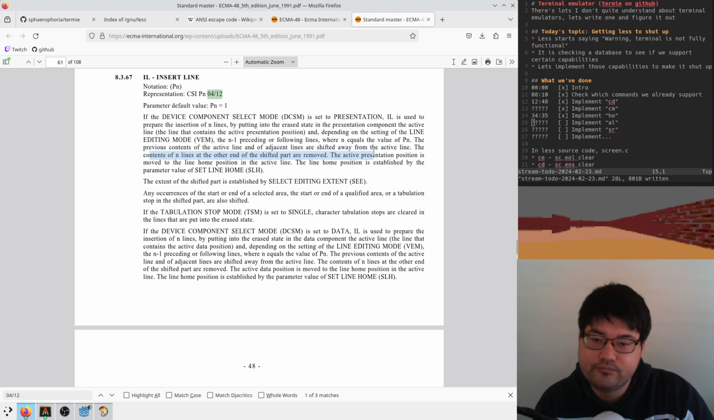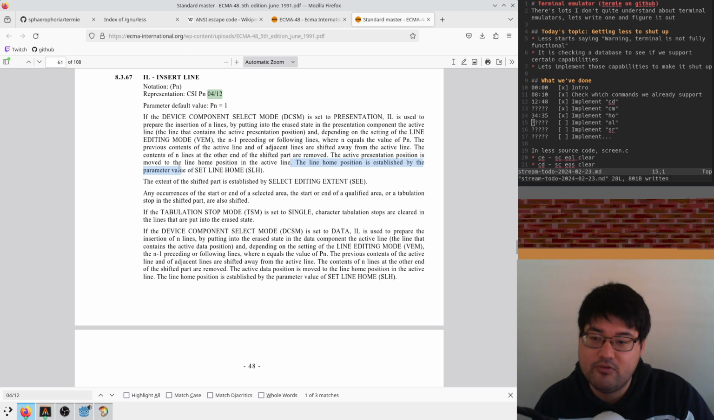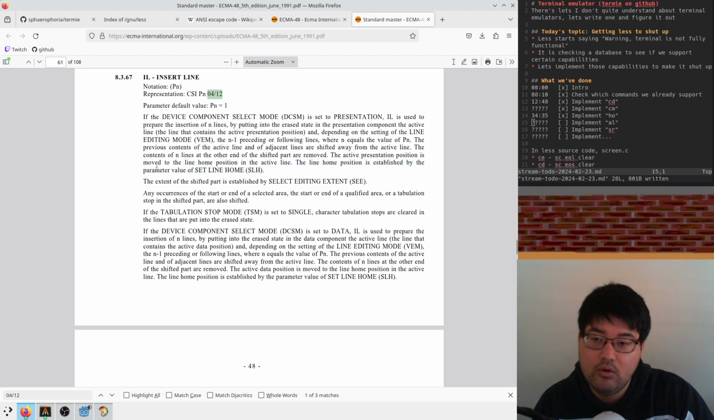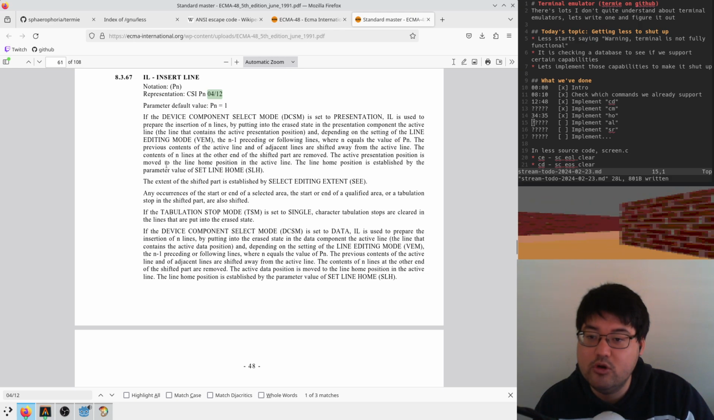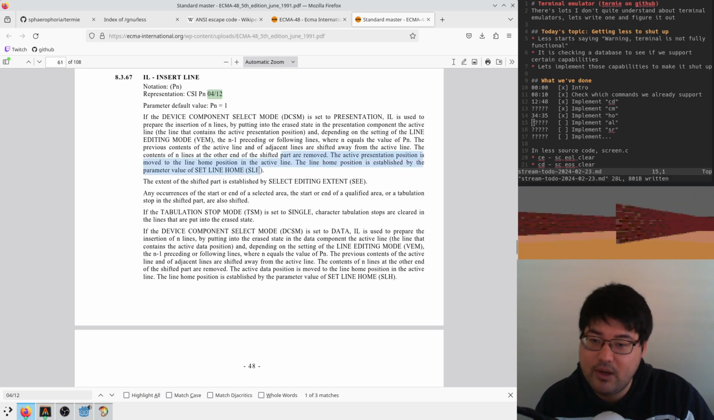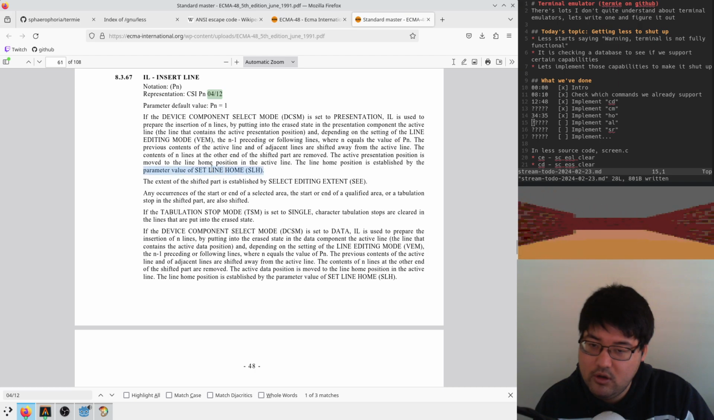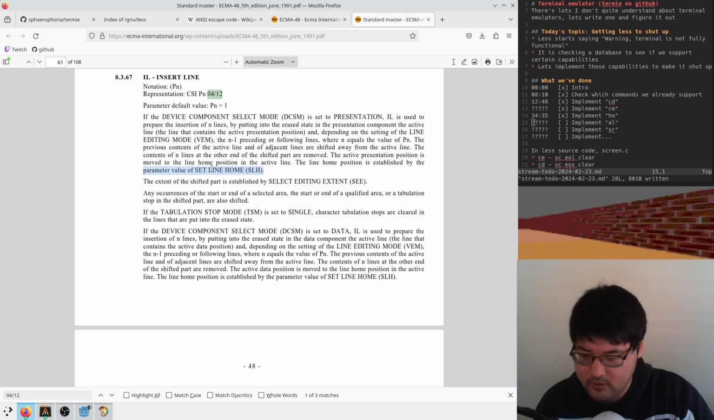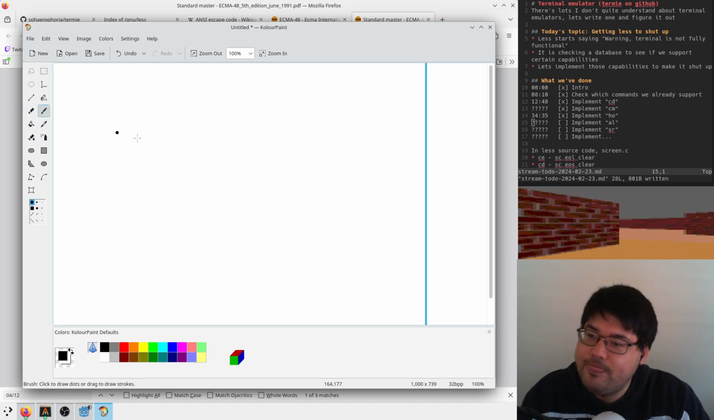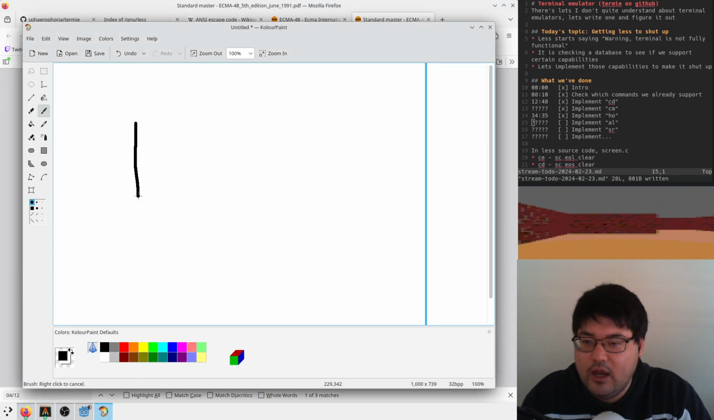Okay. The line home position is established by the parameter value of setLineHome. The active presentation position is moved to the line home position in the active line, which is set by setLineHome. Okay, so there's a lot to unpack there. But I think what they're saying is, I think they're saying I have